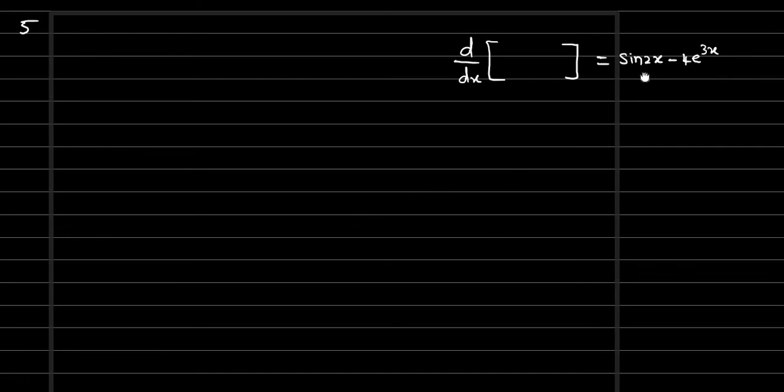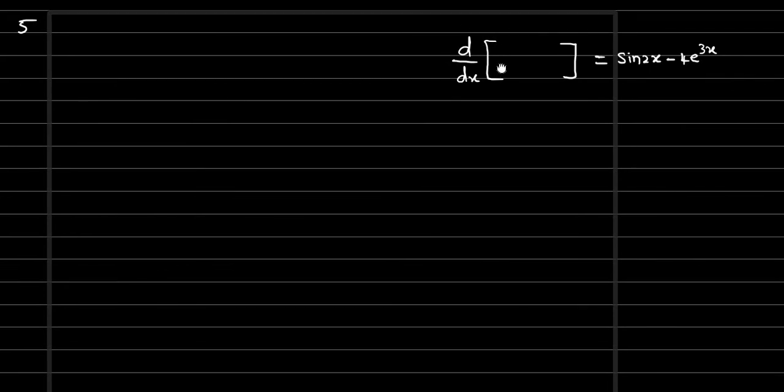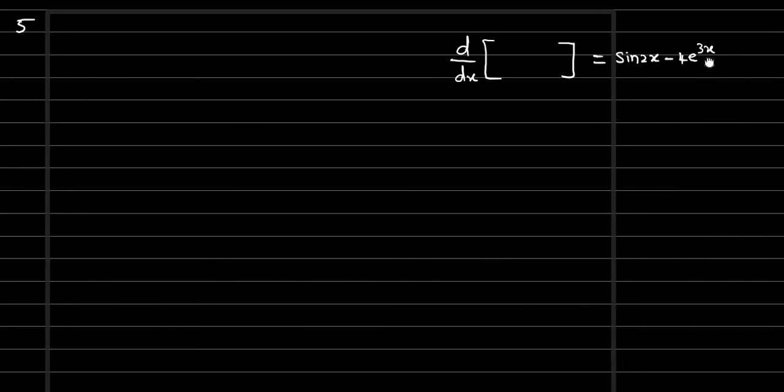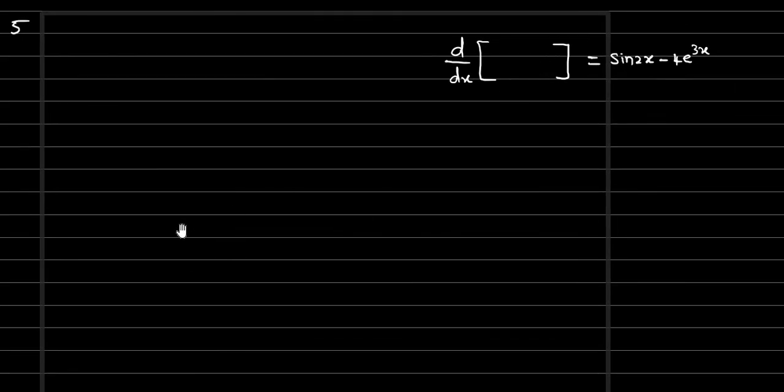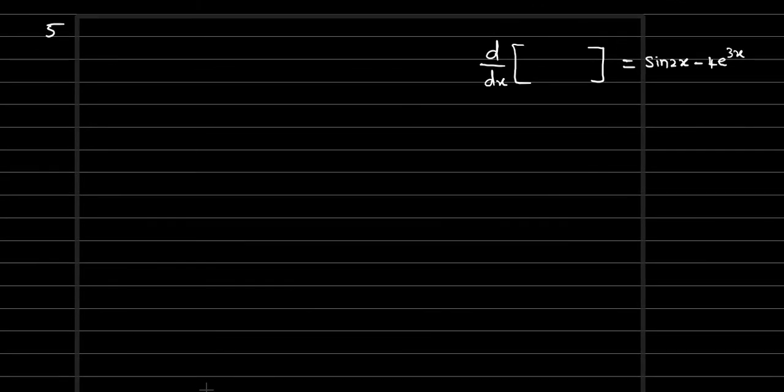Then if we have a sine 2x, then what will be the possible function here? Cos 2x. And if it is e power 3x, what will be possible? E power 3x differentiation is e power 3x itself. So that way we have to proceed. First we'll write down the known formulas here. We know the derivative of cos x, d by dx cos x, differentiation is minus sin x. Okay, first separately we'll find out.